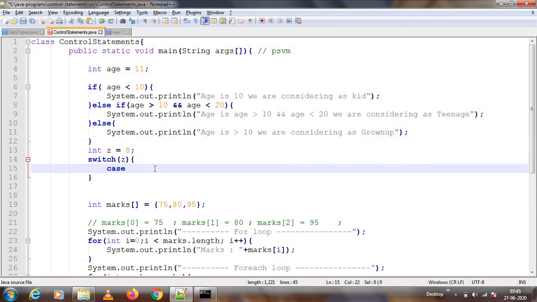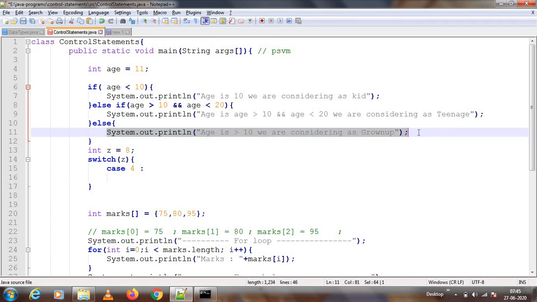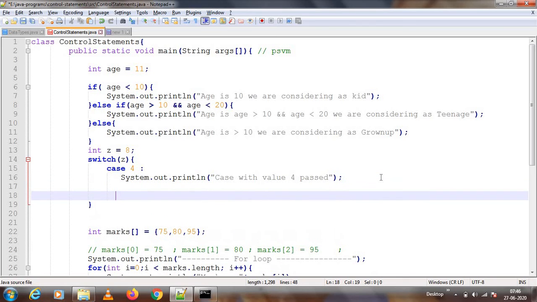If z equals 4, then this is the case. So I'll just print the SOP: case with value 4 passed. Similarly, I will put some more cases. I'll just copy paste.